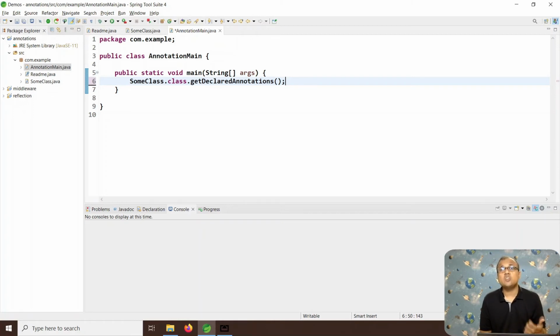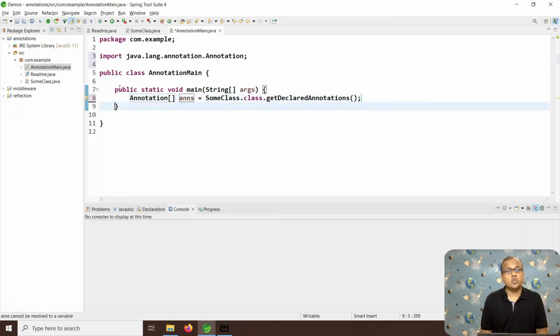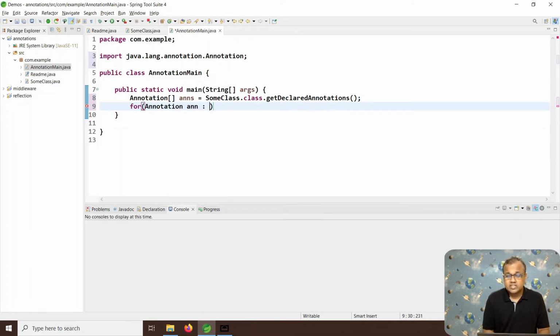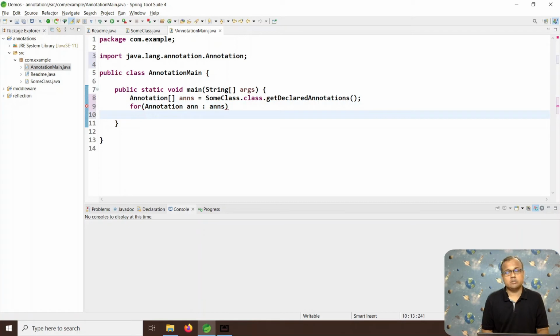Right now, on SomeClass, we have applied only one annotation, so only that annotation will be available as a return value in the array of Annotation objects. I can use a for loop to display all these annotations, and there I can use the toString method for this.